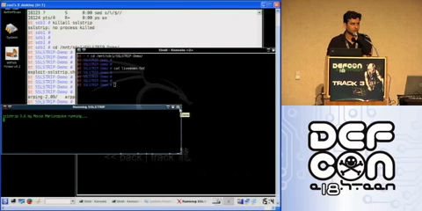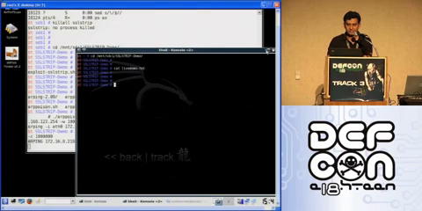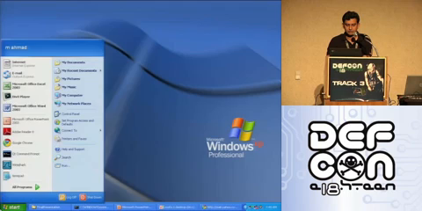the ARP cache entry of a victim. And just to demonstrate that the packets which I am injecting are not actually flowing on the wire, I am going to take a packet capture.